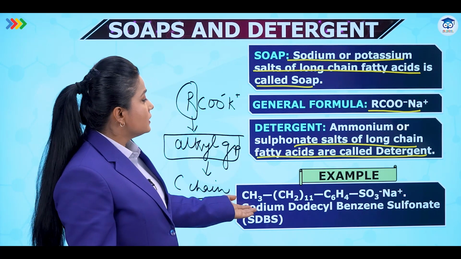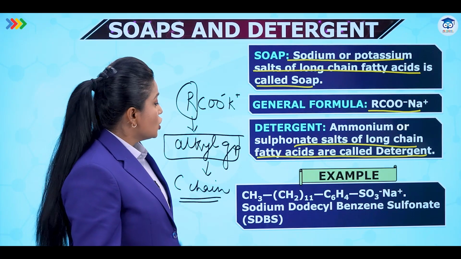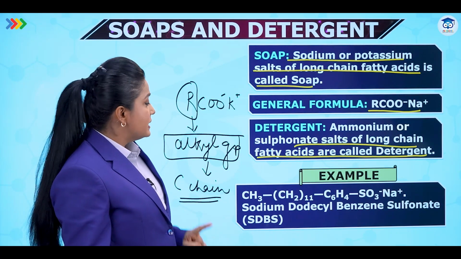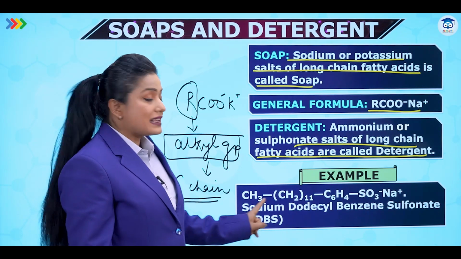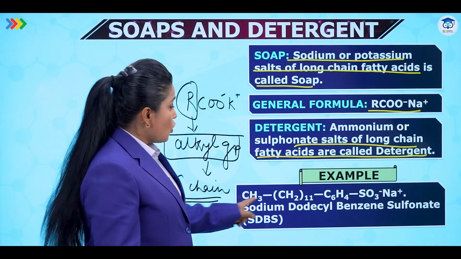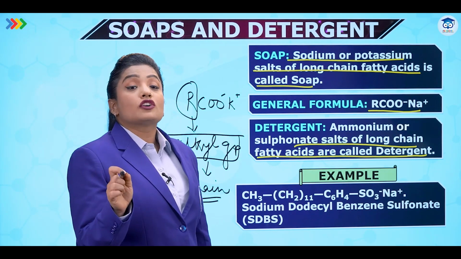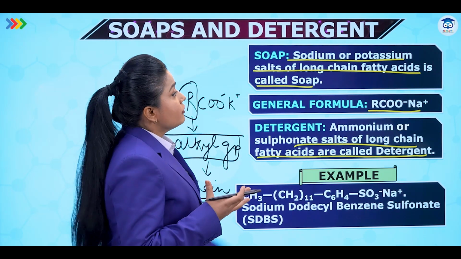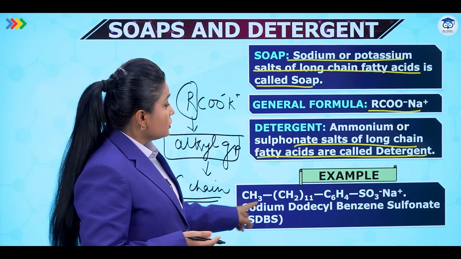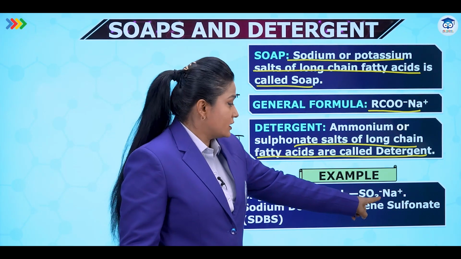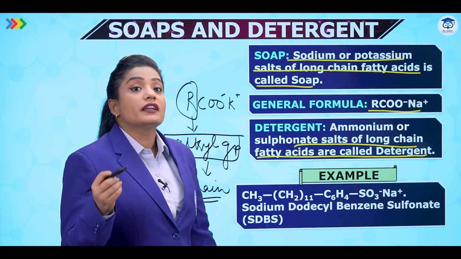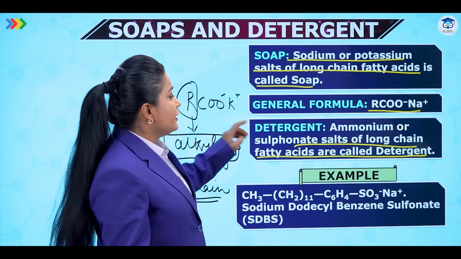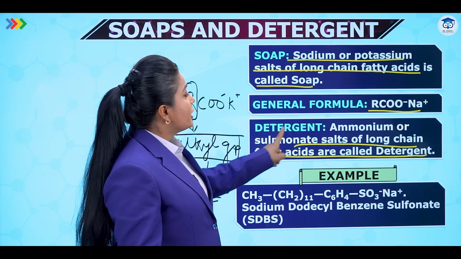So, over here we can see the example of detergents. Sodium dodecyl benzene sulfonate, which is also called SDBS. You can see so many carbons are there. That is why we call it a long chain carboxylic acid or long chain fatty acid. So this gives us the sulfonate salts. Instead of carboxylate, we see sulfonate over here, as mentioned in the definition: ammonium or sulfonate salts of long